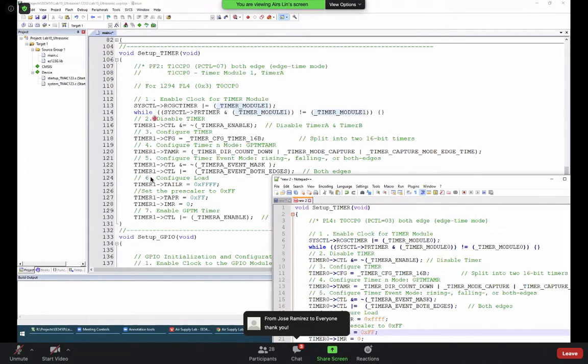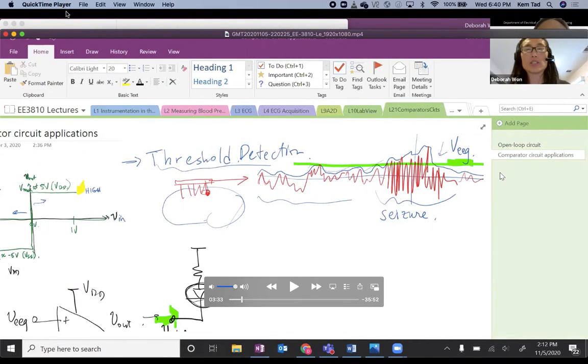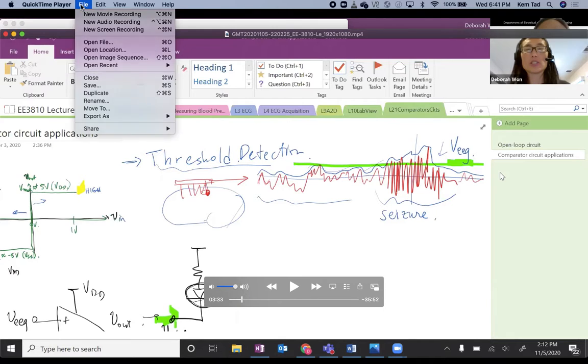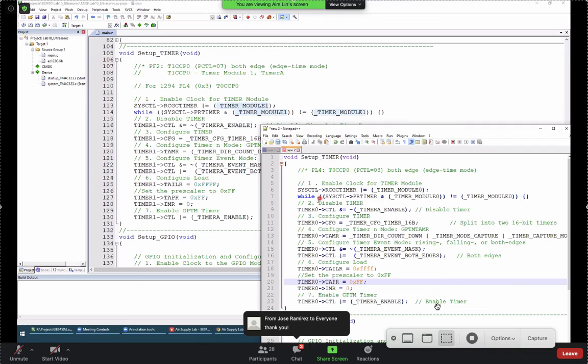Of course here you can see timer 1. For the small board, you can change this one to 1, and for the big board, this one should be 0. Okay, the reason is